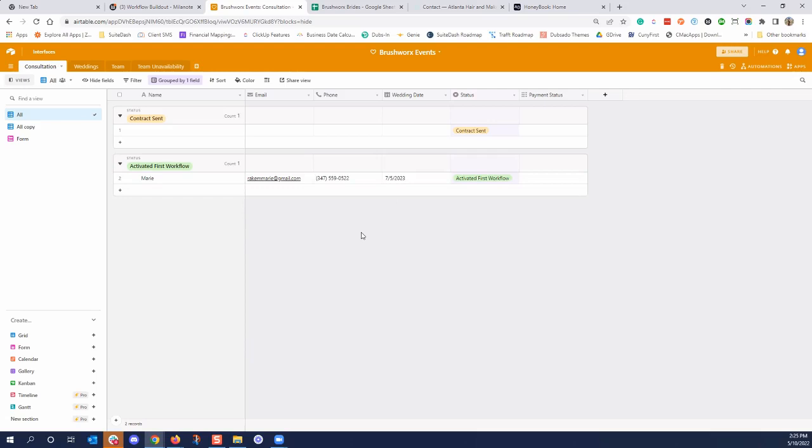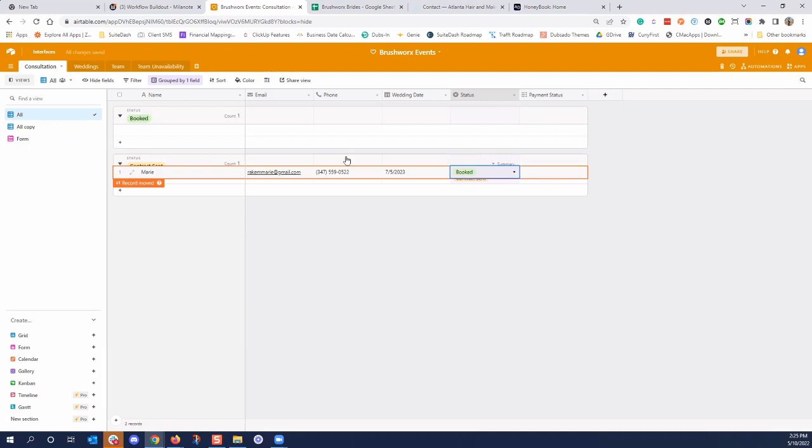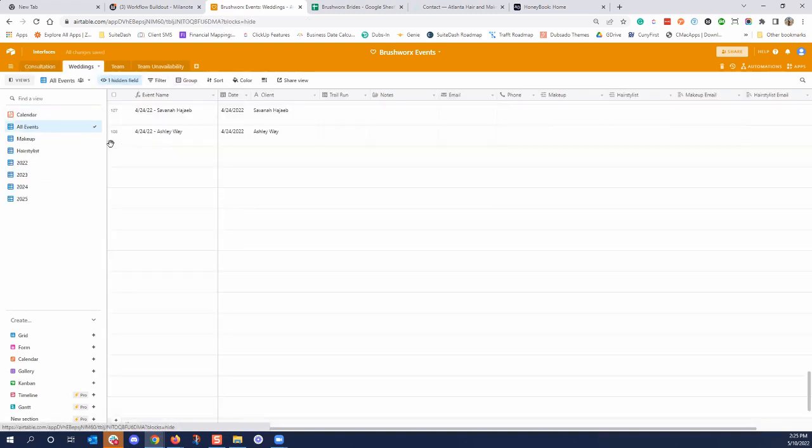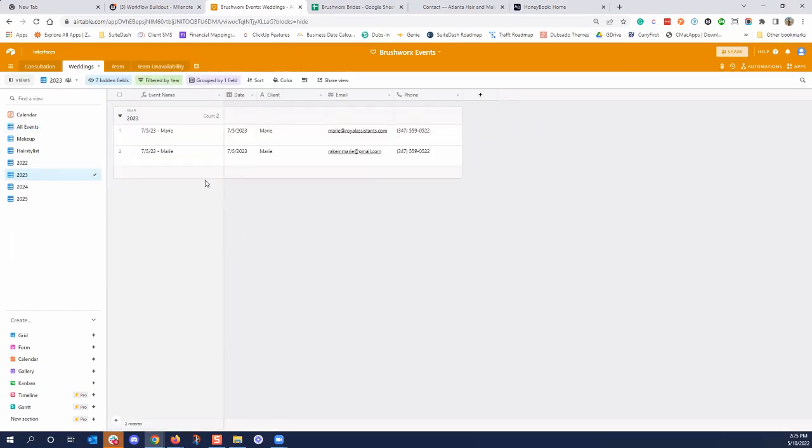So that could also be the time that you confirm the wedding date here, because whatever you put in this field is going to follow over to the weddings field. Okay. So once you do that, then when you click this booked field, when it goes to booked, and the automation is off because I think I was still testing. But once you do the booked field, then it will come over here. Oh, actually it's still on, but you see how it automatically pulls it over?